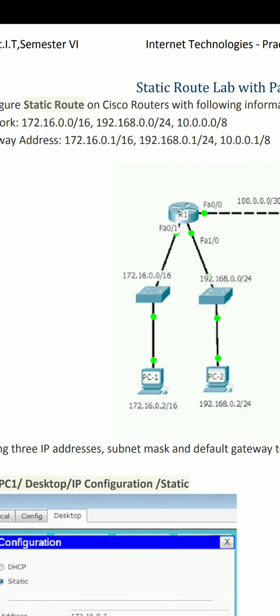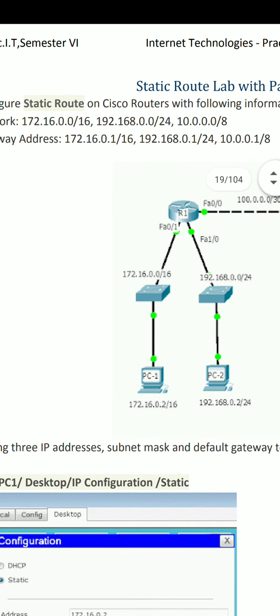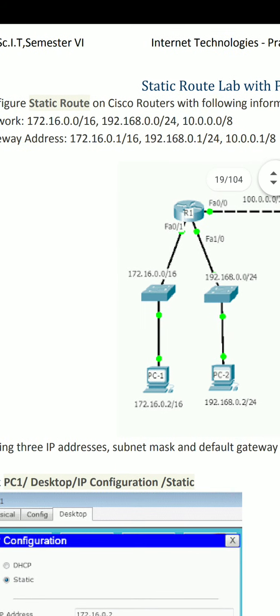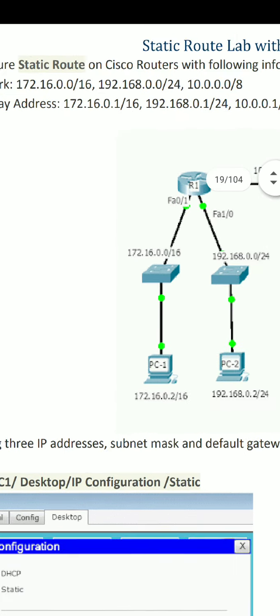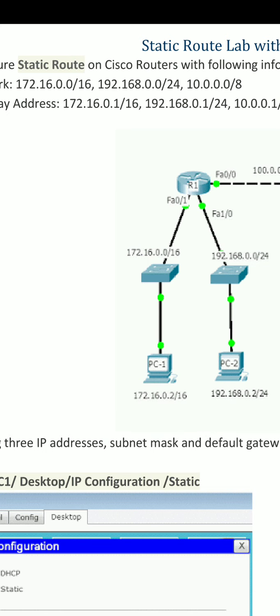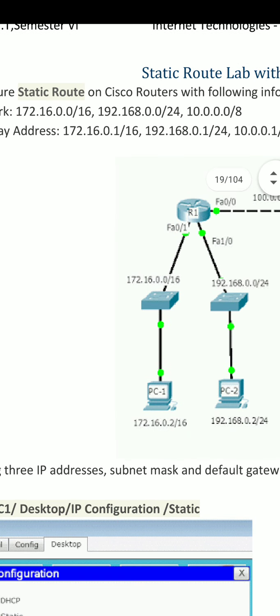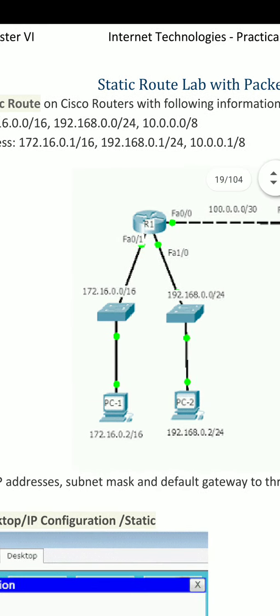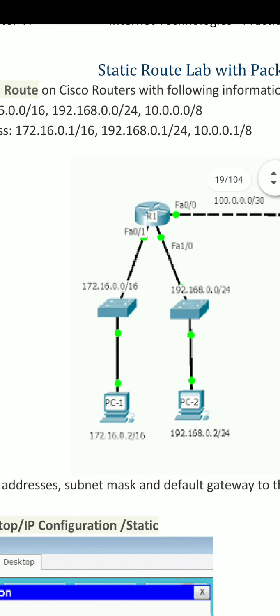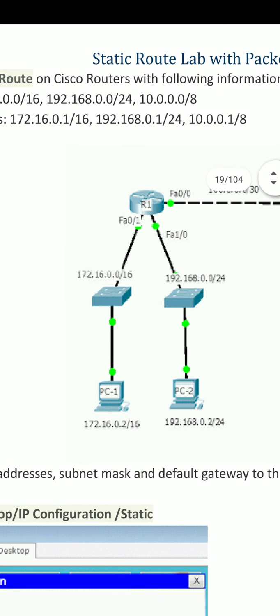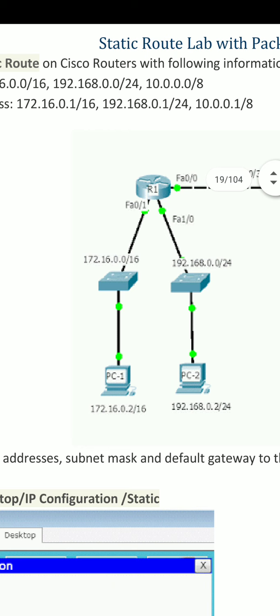Let us see the next, the gateway addresses. For the above three networks, we are going to use three gateway addresses. The first gateway address is 172.16.0.1/16, which is an IP address belonging to the first network. The second gateway address is 192.168.0.1/24, which belongs to the second network.